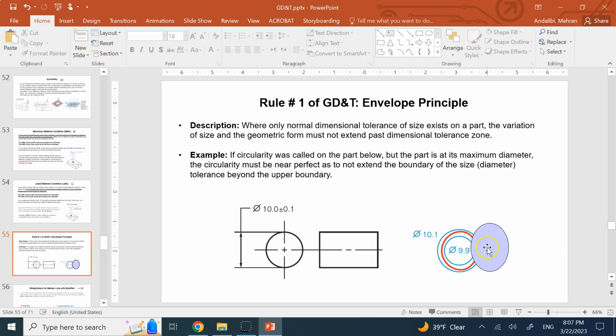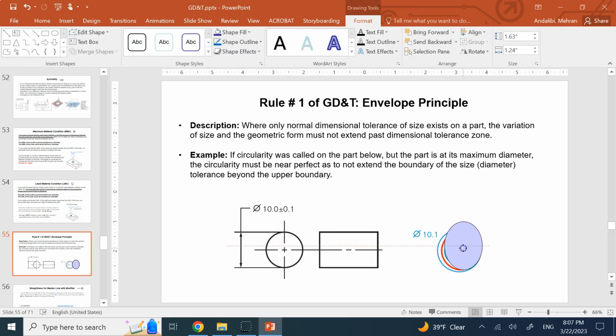As you can see, now this non-circular shaft at maximum size of 10.1 is going to be, in one direction, bigger than 10.1, right? And this is not acceptable. On the other hand, if I make it the smallest size, which is 9.9, and again I make it non-perfect,